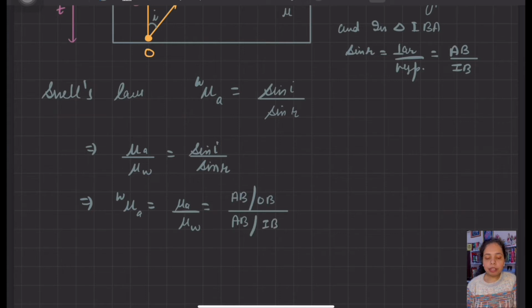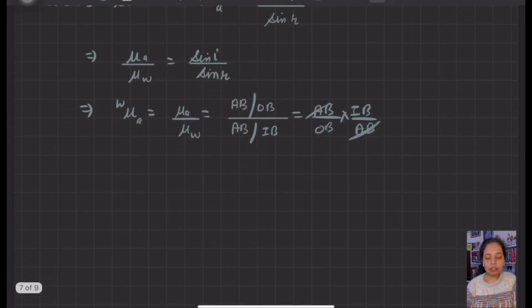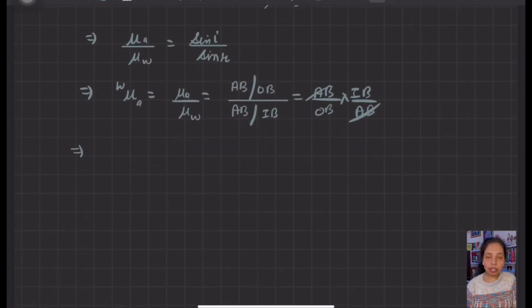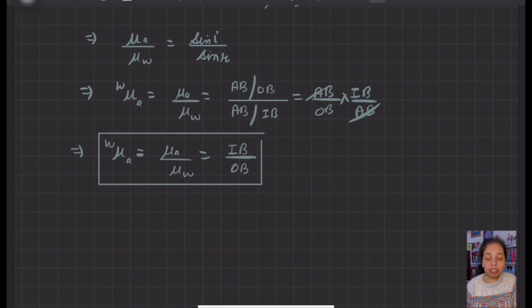So it could be rewritten as AB upon OB multiplied by IB upon AB, and we can cancel out AB over here, so we are left with mu water to air is equal to mu A upon mu W is equal to IB upon OB. So this is the relation we have determined, but this relation is not relating the real depth